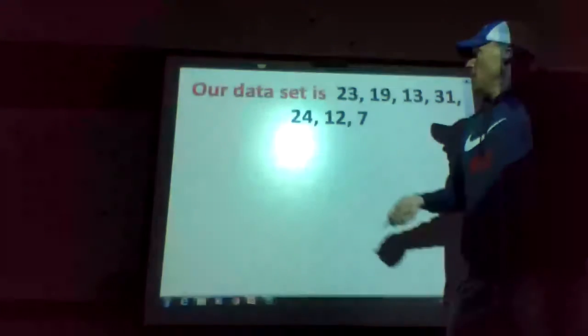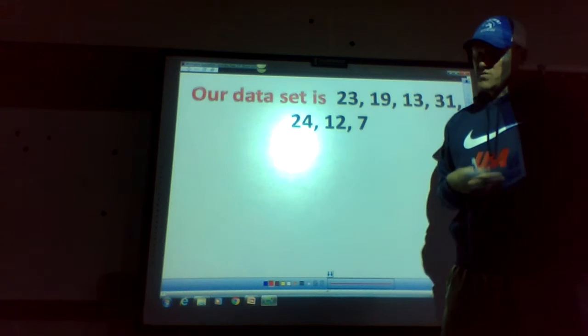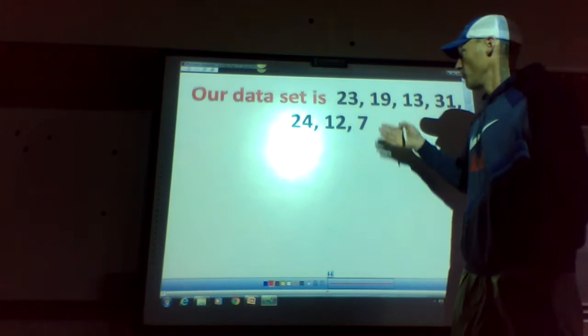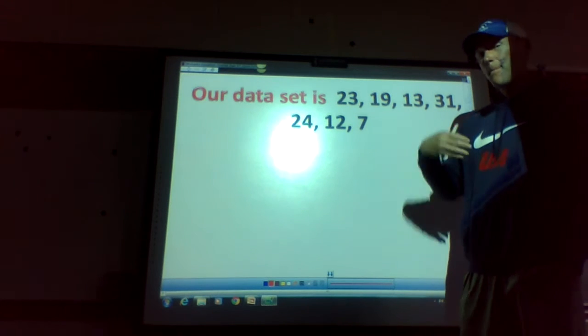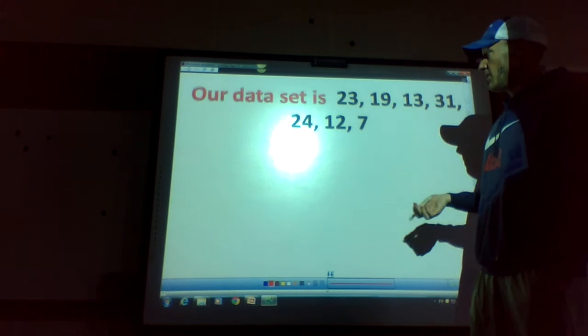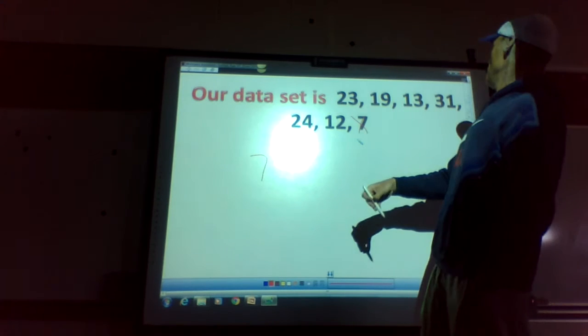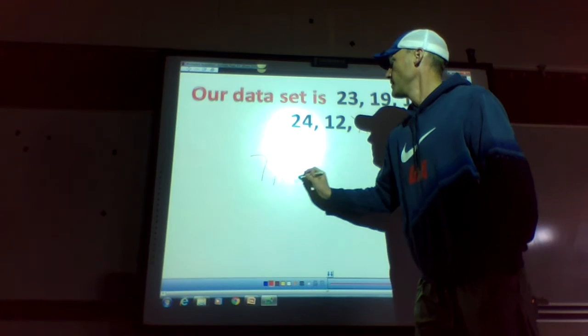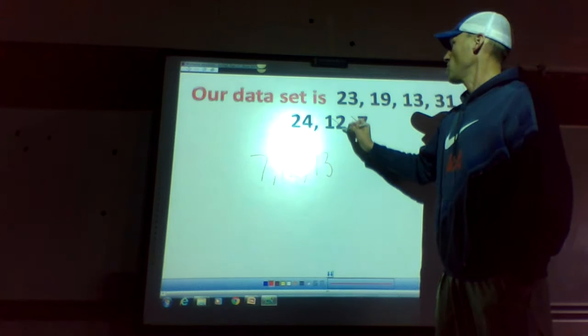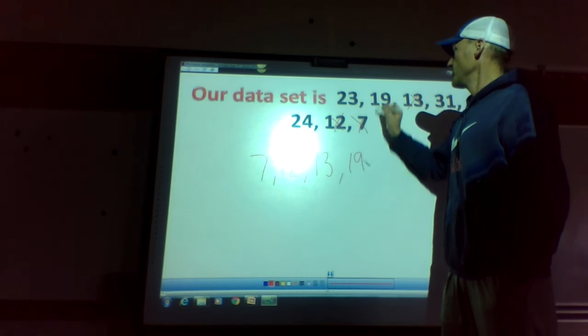We'll look at another set of data, and I realize that this one has 7. 7 is an odd number, so I, again, am going to put them in order from the least value, or the minimum value, as we talked about yesterday with range, to the maximum value. So I'm going to go 7, and then 12, and 13, and I like to cross them off as I'm going so I don't forget anything. Then I have 19,